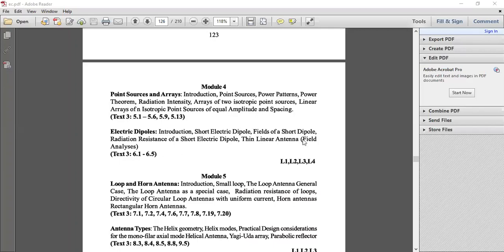Again, 5 derivations are there here, which is again electric and magnetic field derivation, which comes in fields of short dipole. I have tried to reduce the derivation. You have to just go through it and just find out which is the easier way. Anyways, the easier way I've written it, but again, depends on you how you take it and write it.